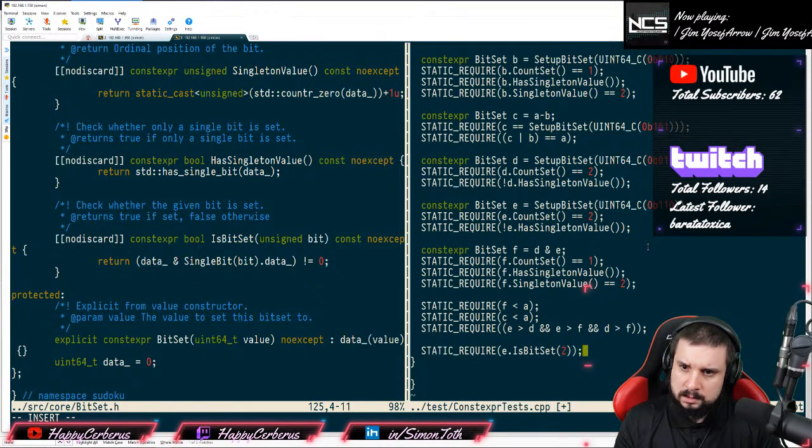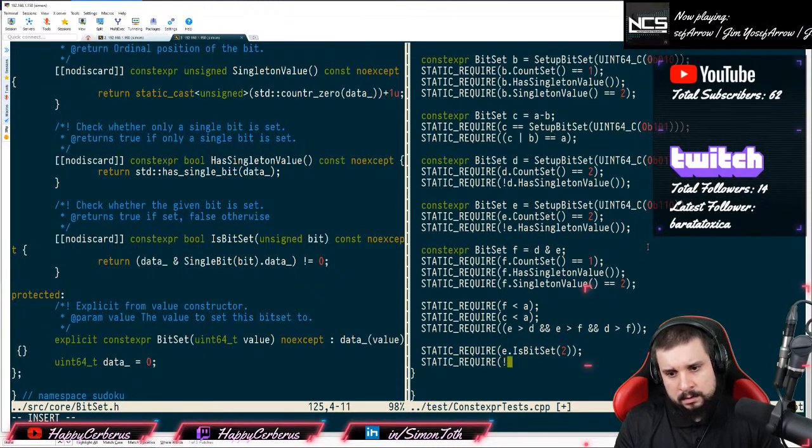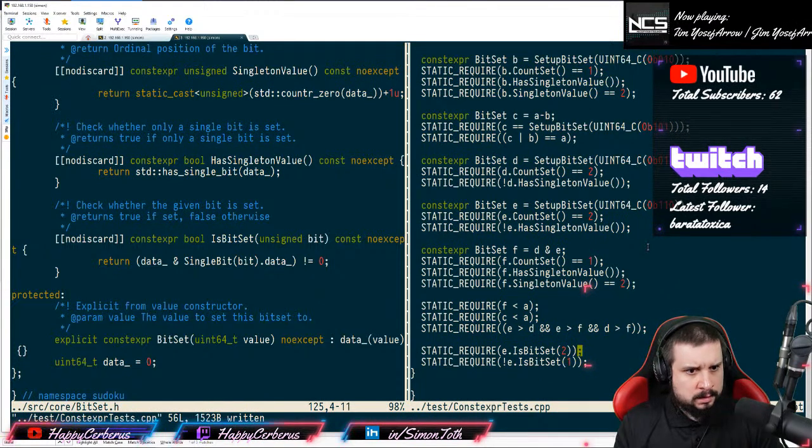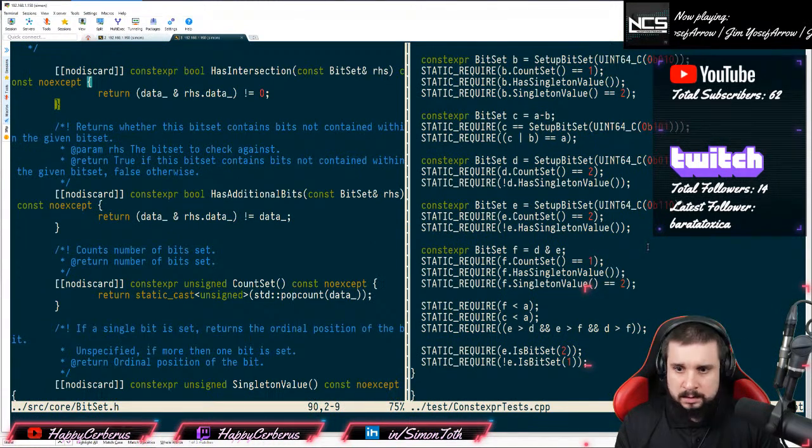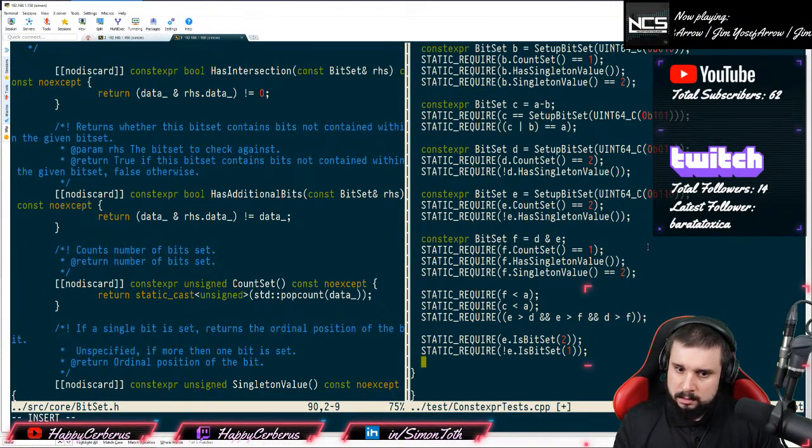So second bit should be set and first bit shouldn't be set on E. So static require not E is bit set 1. So that should be correct, and then the has additional bits. Okay, so static require